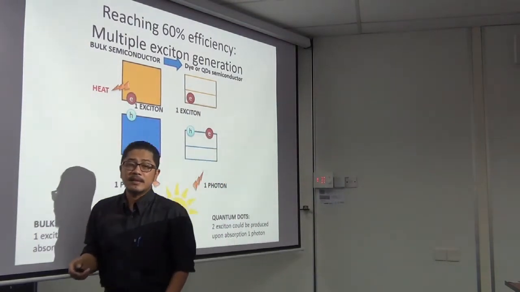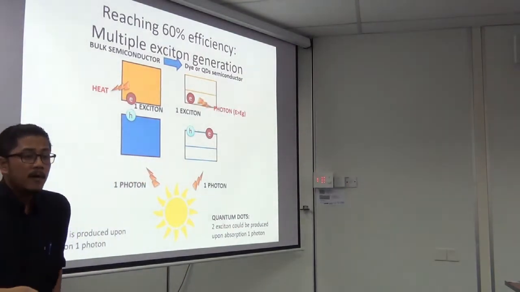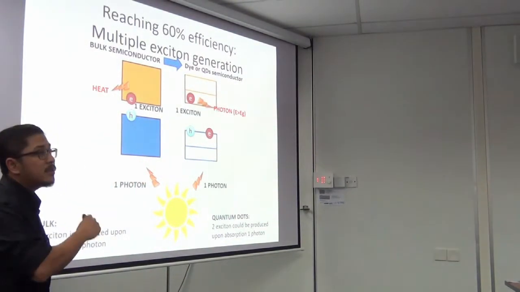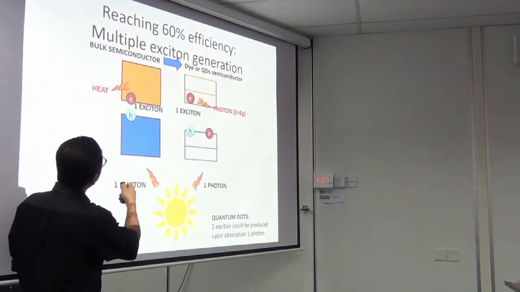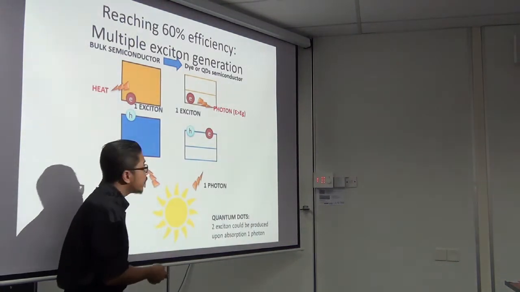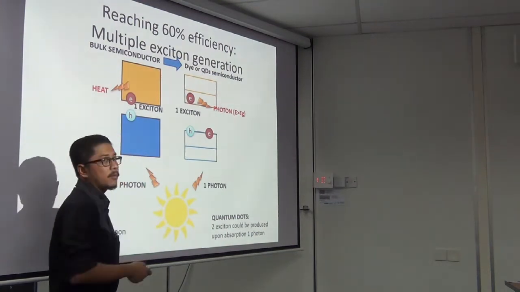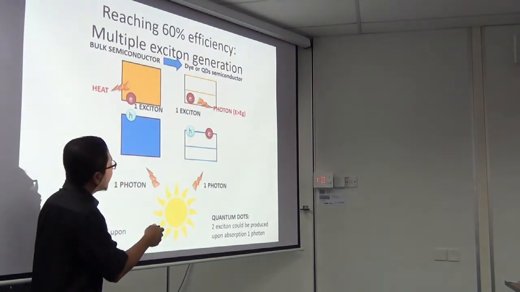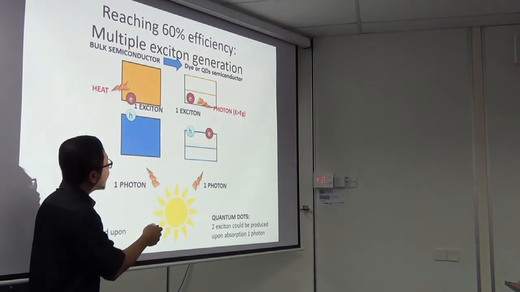And during this relaxation, a photon is produced. Energy is not wasted as heat here; it is emitted as a photon. And if the energy of the photon produced is greater than the band gap, it means that this